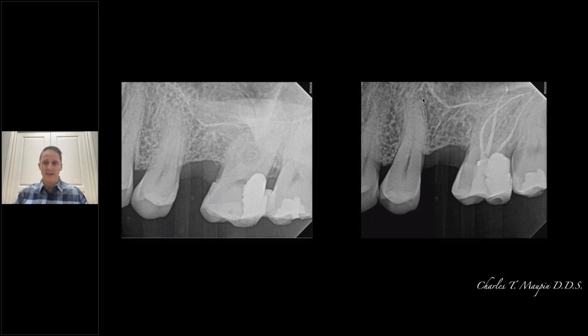So hot IP case, open the tooth up, laser activated irrigation. I mean, this is all done in a very efficient time manner. So you can see some long multiplanar curvatures going on there, and followed up with the patient. Again, patient reported doing significantly better at today's appointment as well.